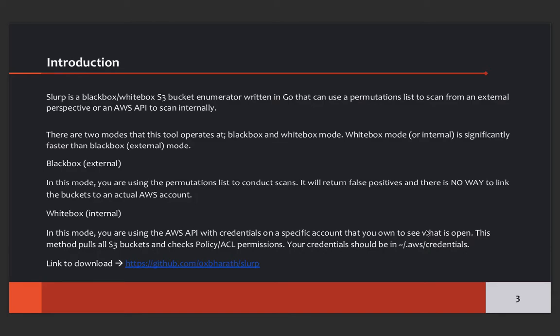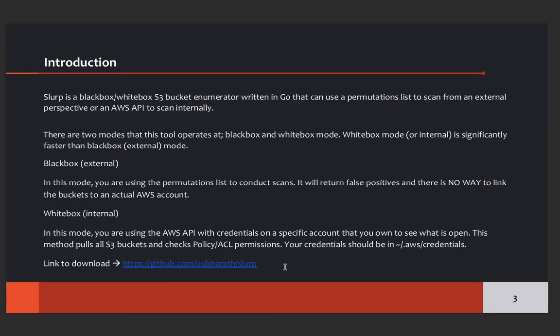I have already provided the complete detail about black box and white box here, along with the link to download Slurp. I'm not going to explain it since the information is already there, so I'll simply jump to the next slide.